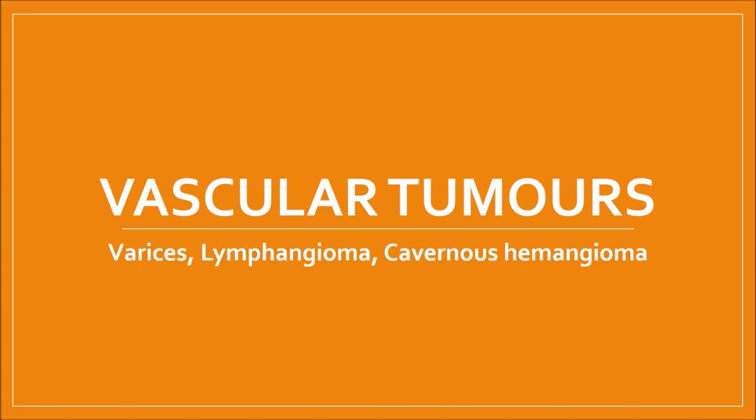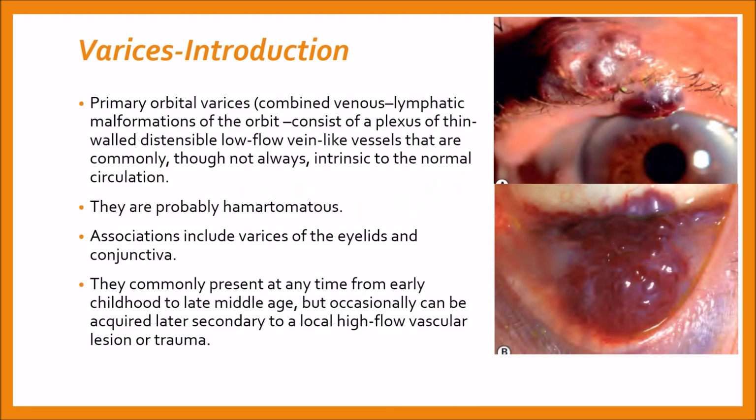The topic for this presentation is vascular tumors. We'll be discussing orbital varices, lymphangioma, and cavernous hemangioma. Starting with orbital varices. Primary orbital varices, which are combined venous lymphatic malformations of the orbit, consisting of a plexus